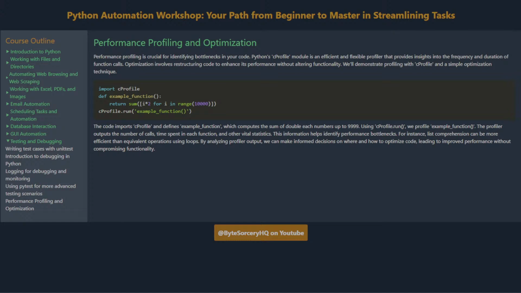Using cProfile.run, we profile example_function. The profiler outputs the number of calls, time spent in each function, and other vital statistics. This information helps identify performance bottlenecks. For instance, list comprehension can be more efficient than equivalent operations using loops. By analyzing profiler output, we can make informed decisions on where and how to optimize code, leading to improved performance